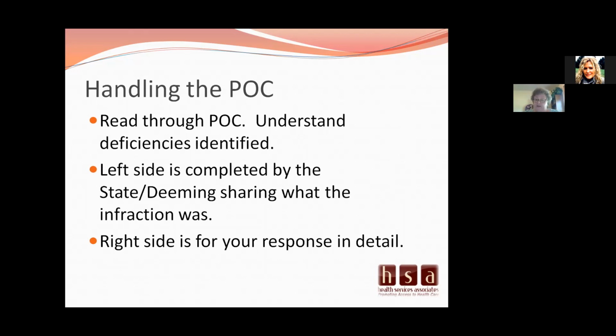When you get a plan of correction, it is set up in a table. Across the top is all of your header information. The left side is the actual statement of deficiency. You will see a J and it'll give the number, or it'll have an E for the emergency plan and it'll have numbers. It'll even describe who the surveyor talked to, the position that they talked to, and what the findings were. And then the right side is pretty much a blank column, and that's where you put your response.